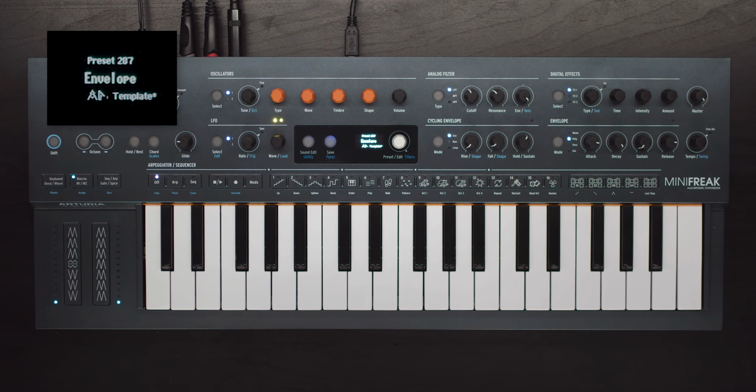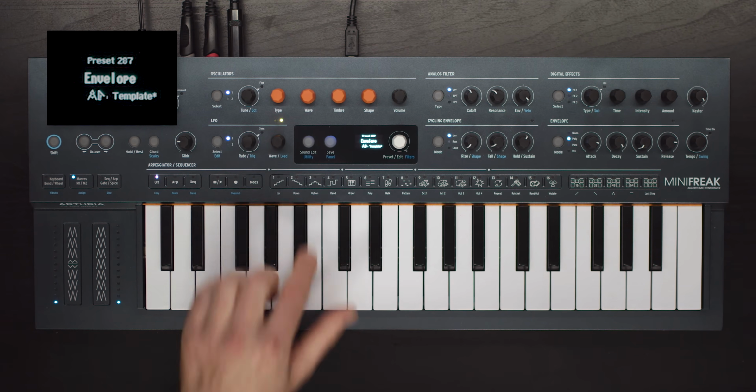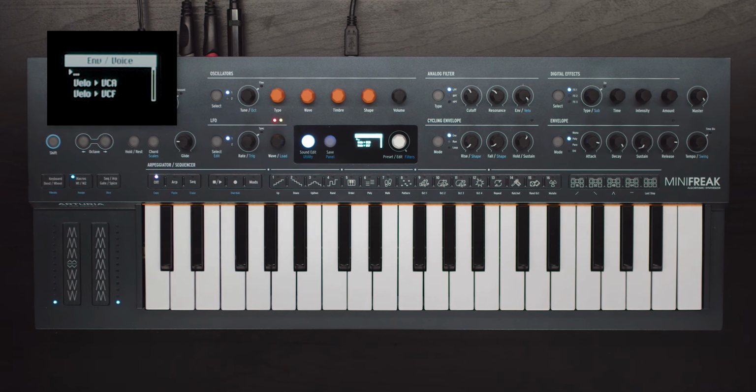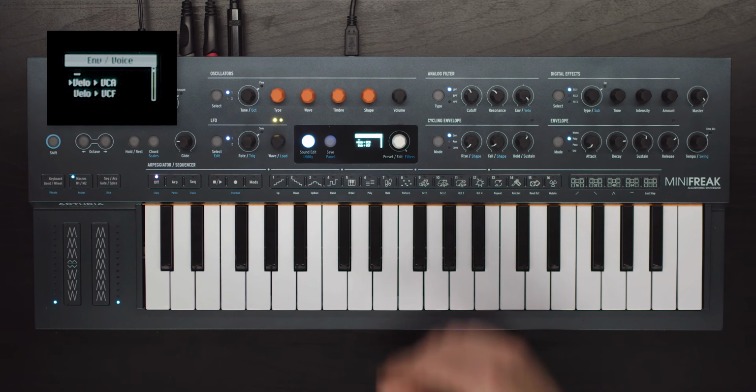We have options to change the curves in the envelope settings menu, which can be accessed by the shortcut of holding Sound Edit, then pressing the envelope mode switch. This same shortcut process can be used to access the settings menu for all the modulation sources. In the envelope settings menu, we also have options to add velocity modulation of the envelope to its various sources, which is a great way to get extra dynamics into a patch quickly without using up the space in the mod matrix.